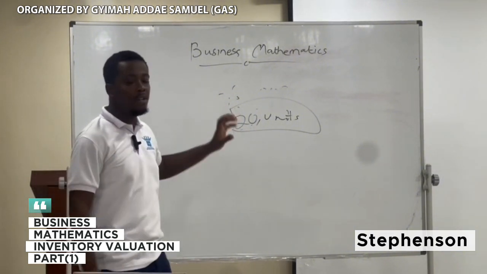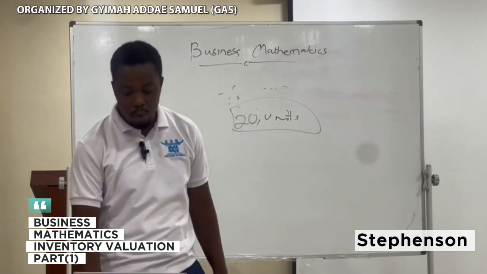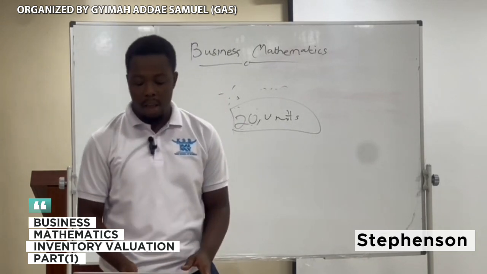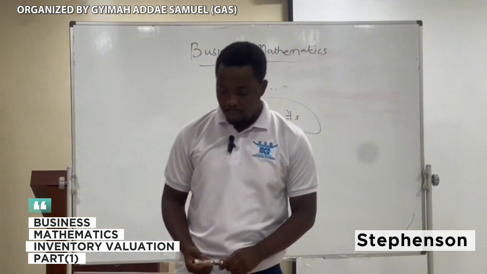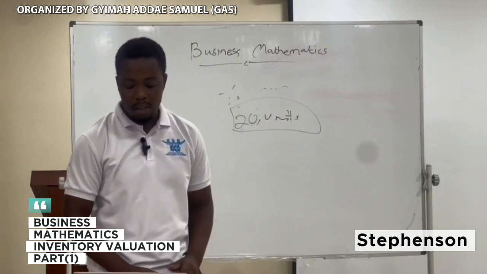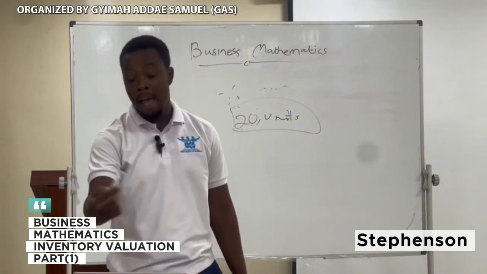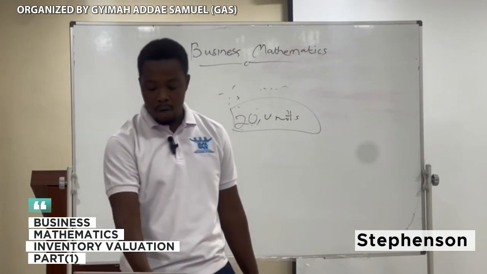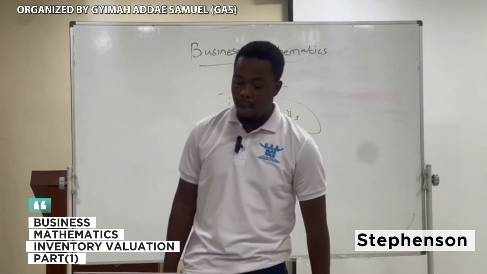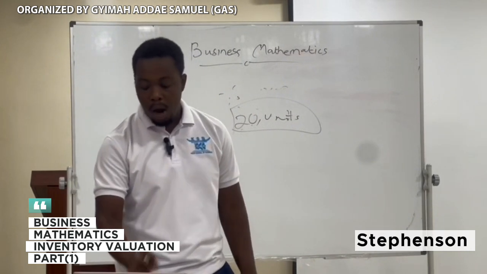Okay, so with inventory valuation, we have a lot of techniques we use in valuing our inventory. First, we have average inventory and inventory turnover. Secondly, we have perpetual inventory and universal product code. Third, we have specific identification. There are a lot. We have the FIFO method, LIFO, gross profit method, retail method, a lot of methods or techniques. So let's start with perpetual inventory